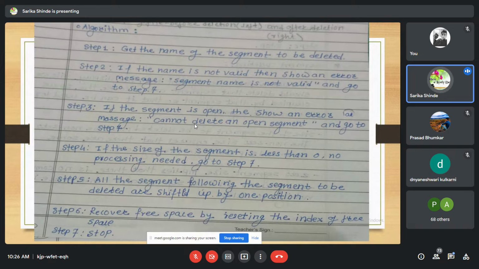Means if the size of the segment is less than 0, there is no need of processing, and go to step 7. And the next step is, all the segments following the segment to be deleted are shifted up by 1 position. And the next step is, recover free space by restoring the index of free space, and stop.